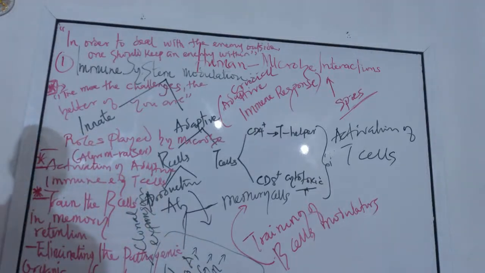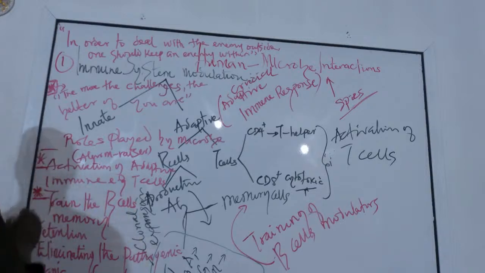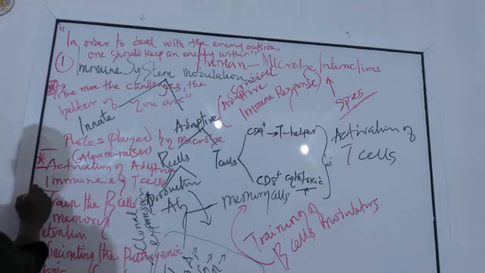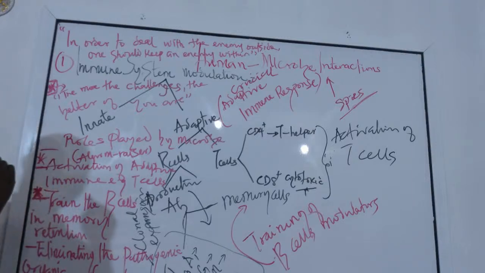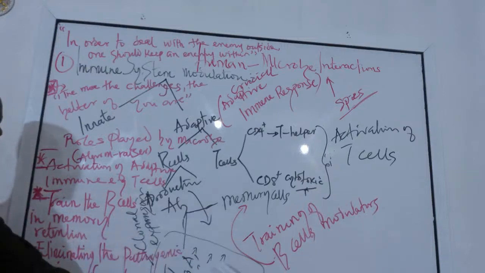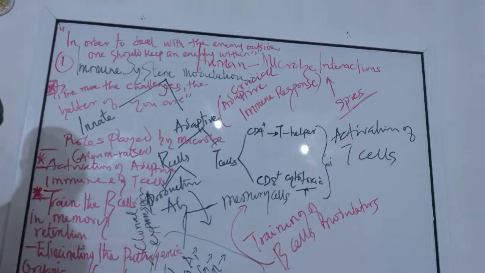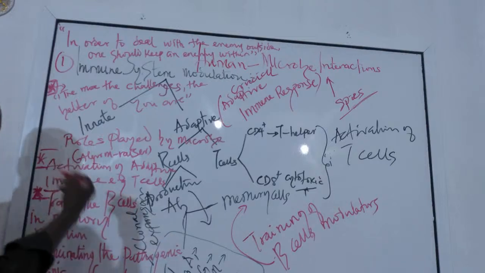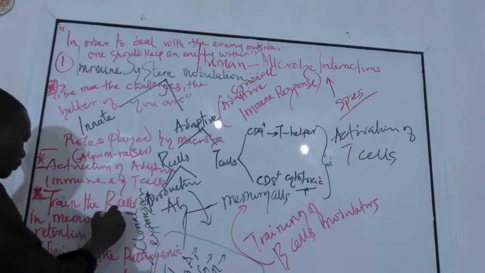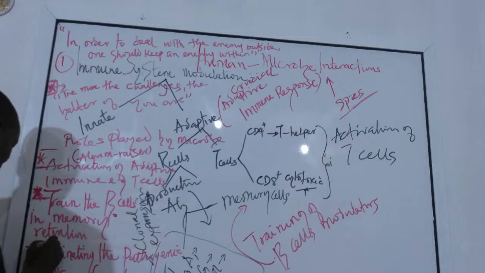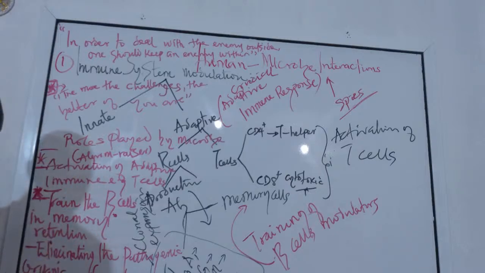Then another thing, the second thing that they do, one of the reasons why it is good to keep an enemy within in order to be able to take care of the enemy outside, is that the enemy within, which are the microorganisms, will also help to train your B cells. It's going to train your adaptive immune cells. It's going to train their memory. It's going to help them in memory retention, to be able to remember the prior insults that you must have been exposed to.